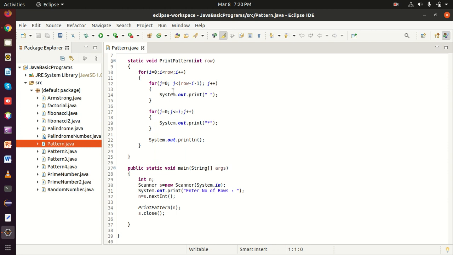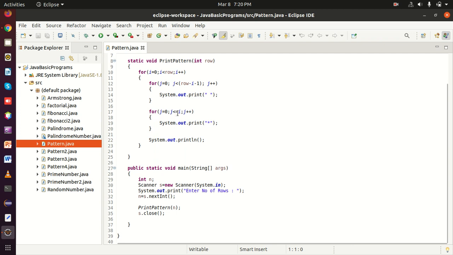Now j equal to 0, j is less than or equal to i, j plus plus, with j 0 and i 0. That means j is less than or equal to 0. 0 is not less than 0 but 0 equals 0.